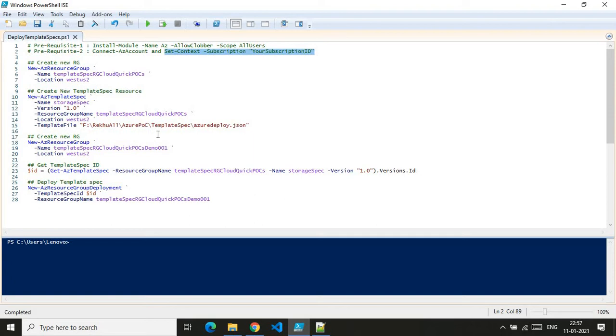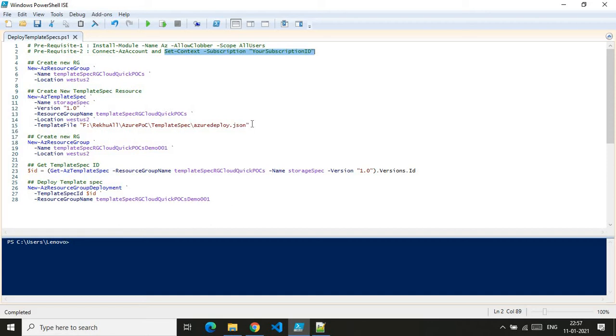After that, I will quickly walk you through this code, which explains the step-by-step process required to provision the template specs and how we can use the same to create the Azure resources. So here you go. Let me give a brief about what template specs are before I explain these codes. Template specs is nothing but a service from Azure which is created out of an ARM template.